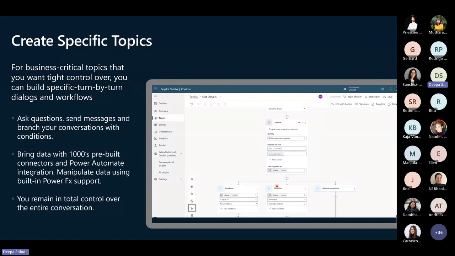Previously, before generative AI, it used to be lots of topics that would have to be designed for a chatbot. But now that's not the case because generative AI handles lots of this in the backend on its own. Previously, if you had to write a chatbot that scrapes the entire site and gives information like I just said, generative AI pointing to a website, it would take months for us to write something like that because you don't know what the user is going to ask. But today, it's not that difficult. It's very easy. You just point to a site and it does all the magic on its own.